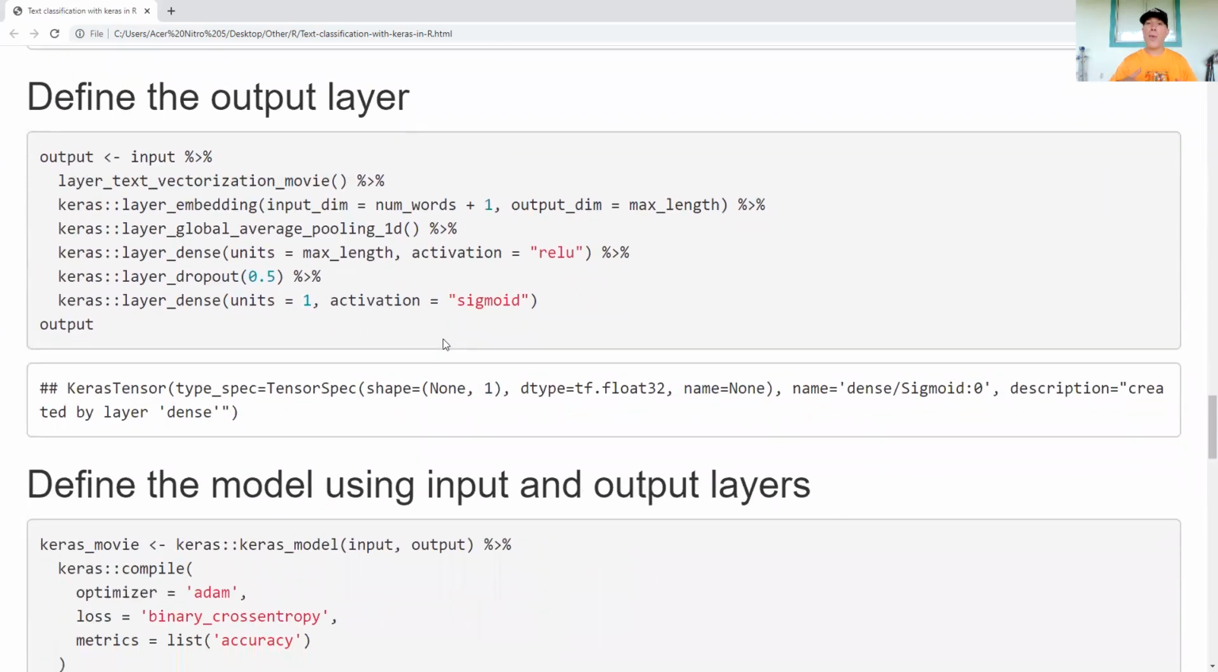Now let's actually define what the output layer is going to be. What we're going to do is pass our input layer in. We pass that to our text vectorization that we just talked about a moment ago, my very first step when I was building the model. Now I'm going to embed